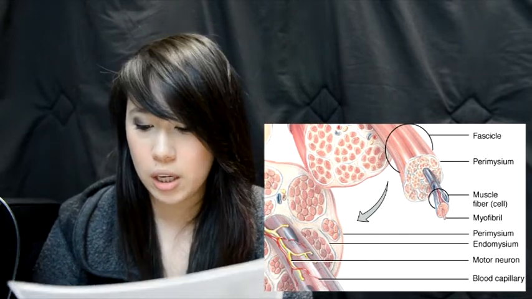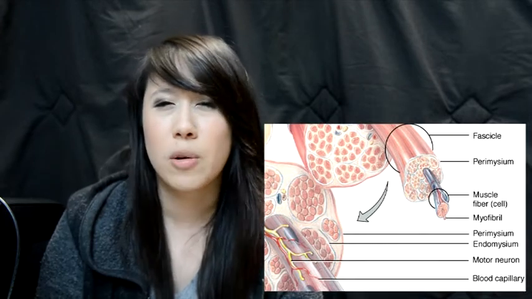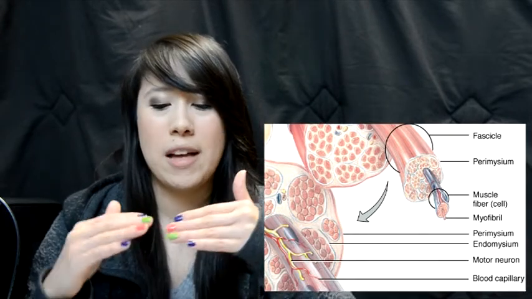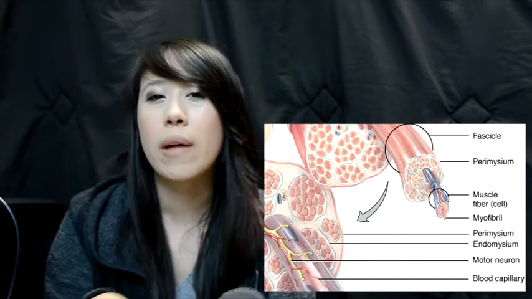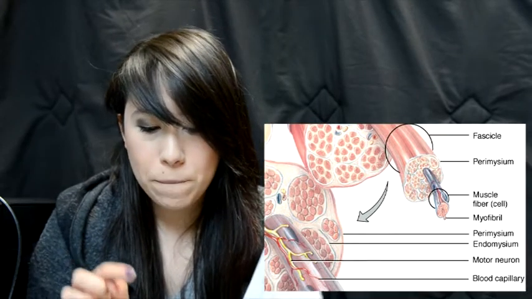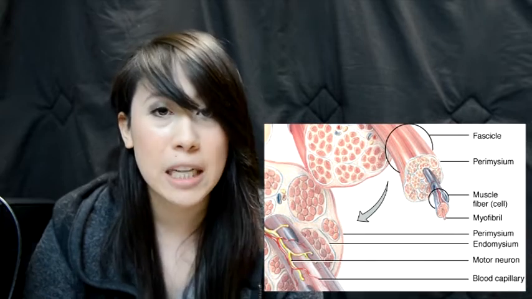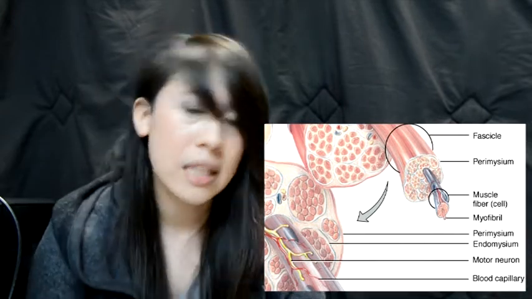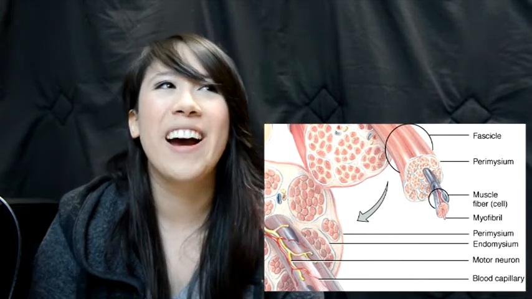So basically, this one's kind of hard to distinguish because it's just literally right outside of the sarcoplasm. So the sarcoplasm and endomysium are both surrounding the muscle cell, okay? So around all of these muscle cells, we have this thing called the perimysium. Now, what the perimysium does is it surrounds a bunch of muscle fiber cells,